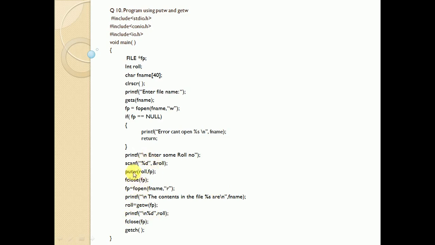Whatever we printed in the file, that is the roll number, now we are opening that. So how are we opening the file? By using fopen, we are opening the file name in reading mode.